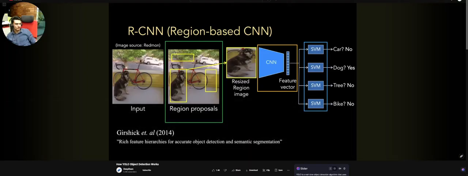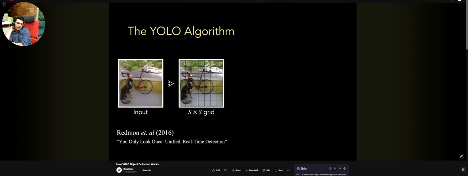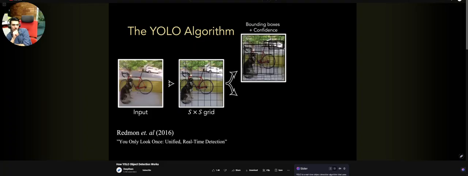Now, the distinguishing feature of YOLO is that instead of looking at an image multiple times, whether it's to apply the deformable parts filters or to inspect the regions like the R-CNN, you only look at the image once. So just to summarize how this scheme works, the first step is to overlay on an input image a grid with S grid cells on each axis. Each grid cell then produces two things. One, it produces a set of bounding boxes centered on a point inside the grid cell with associated confidence scores